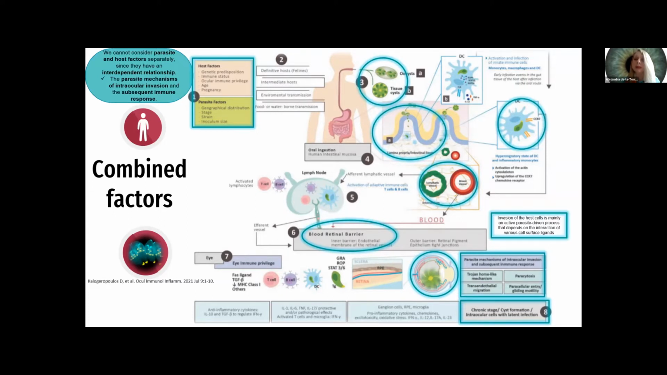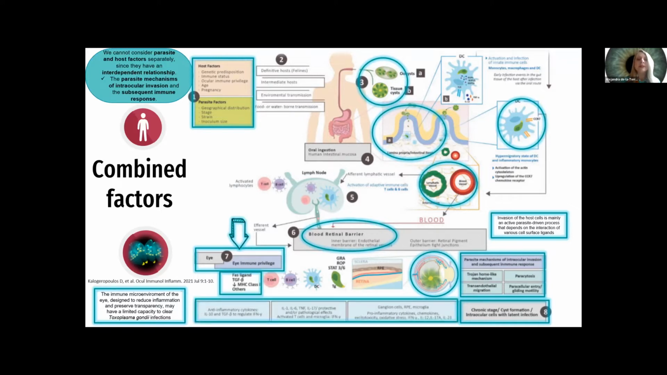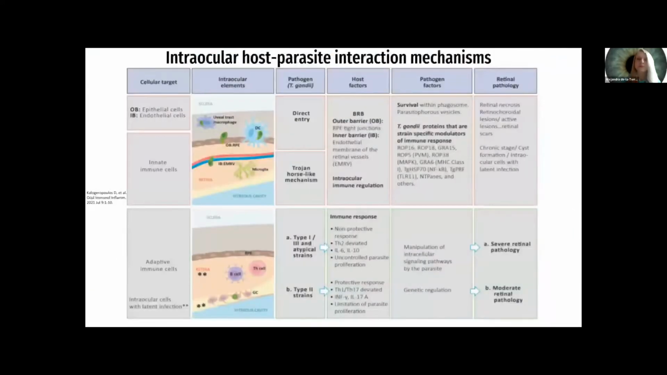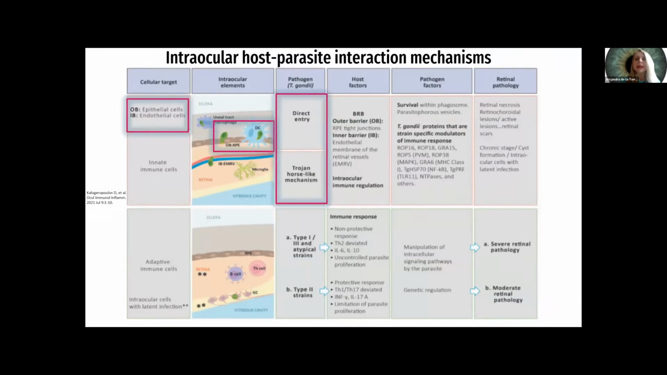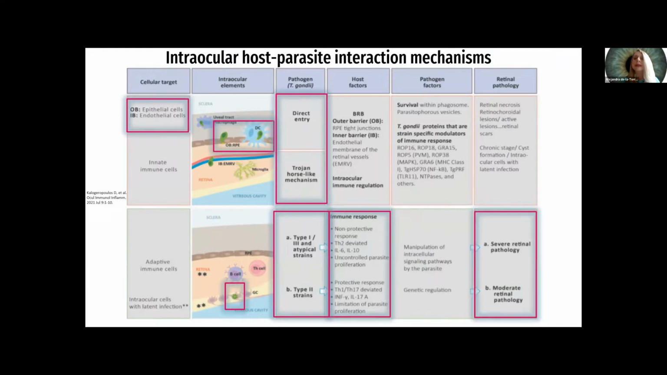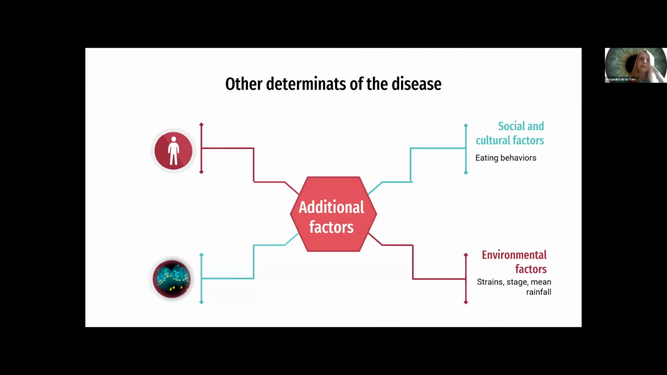Invasion of the host cells is mainly an active parasite-driven process that depends on the interaction of various cell surface ligands. The immune microenvironment of the eye, designed to reduce inflammation and preserve transparency, may have a limited capacity to clear Toxoplasma gondii infections. Once the parasite reaches the eye, crossing epithelial and endothelial barriers through different mechanisms, the parasite can stay in the eye, leading to different immune response according to the type of infecting strain and to a different retinal pathology. Other determinants of the disease are social and cultural factors such as eating behaviors and environmental factors